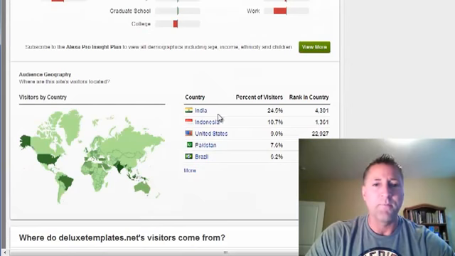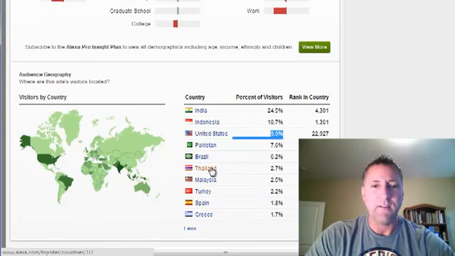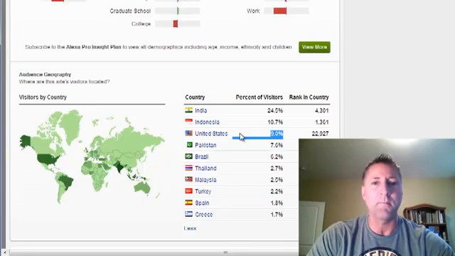But here's the problem. 24% of this site's traffic is India, 10% Indonesia. The United States only makes up 9% of their traffic. And then you've got Pakistan, Brazil. Now Brazil is okay. Thailand is not so good. Turkey, Spain, Greece. Some of these are okay, but of countries that are going to actually buy this product, or are people who can afford to spend money and get educated for internet marketing, be able to start a home business and treat it like a business, there's just not enough.